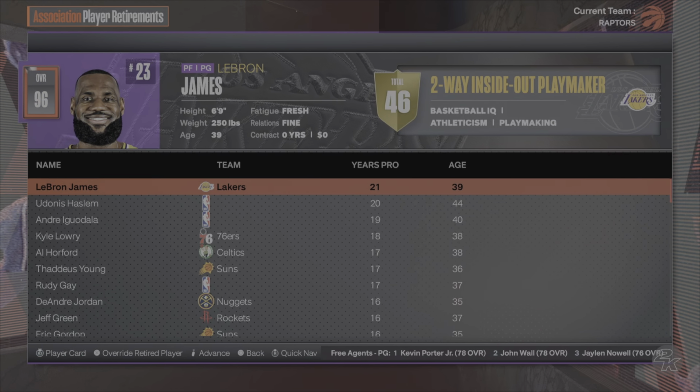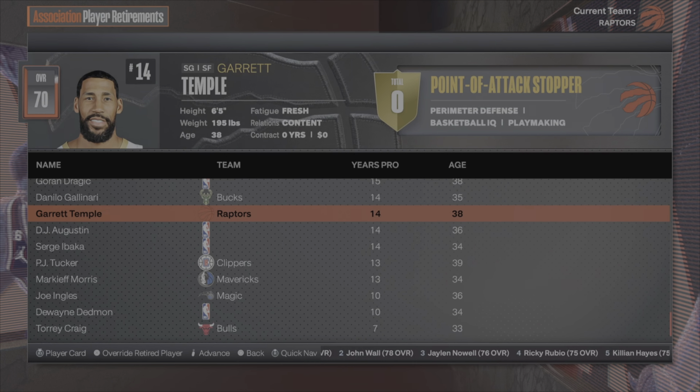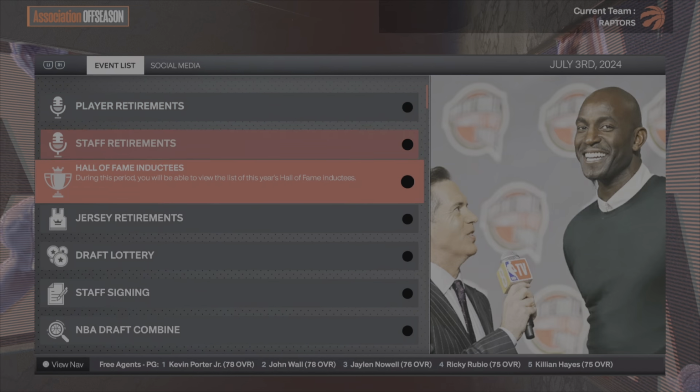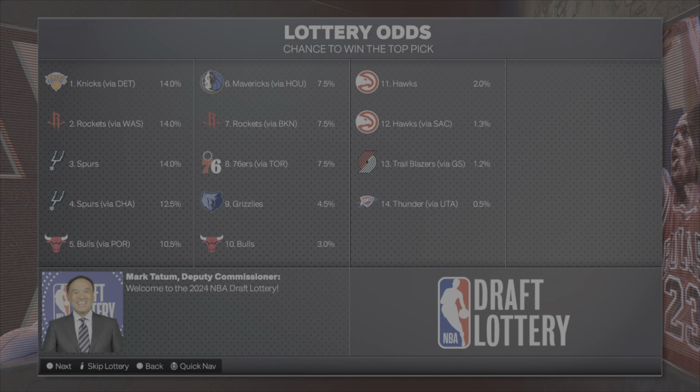So heading into player retirements, we got LeBron trying to retire, but obviously I'm going to override that. I don't think he's retired just yet, but we'll see. Got Garrett Temple retiring as well. He played for the Raptors. So if you take a look at the draft lottery here, we're projected